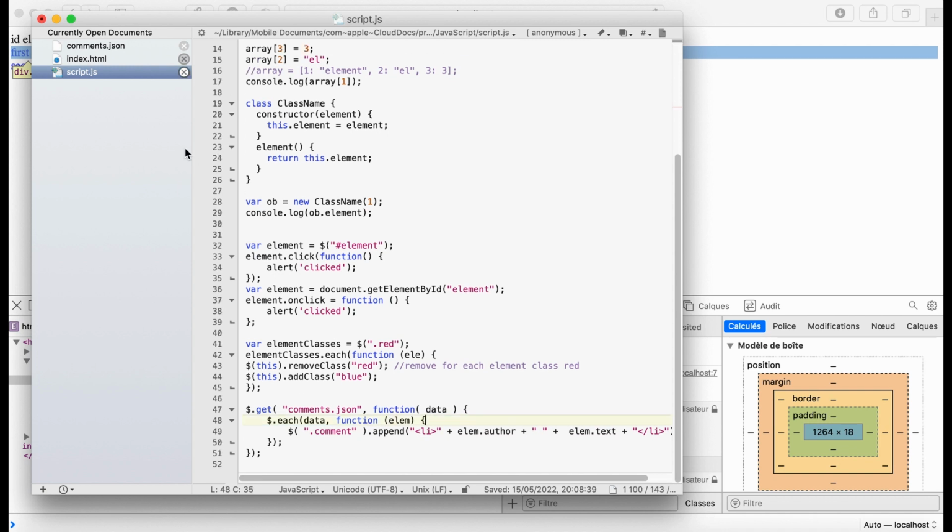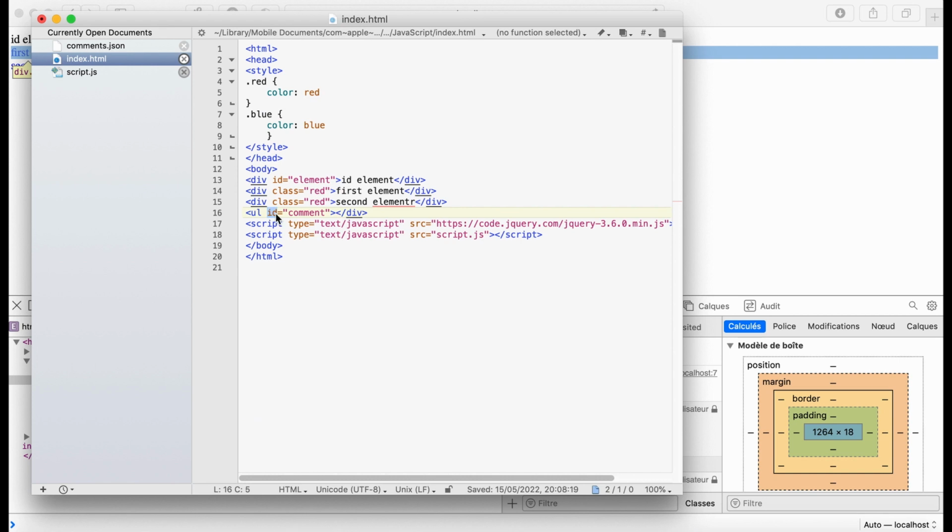We forgot that we use an ID, and we closed the div element instead of the ul element.